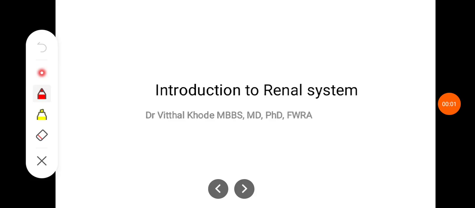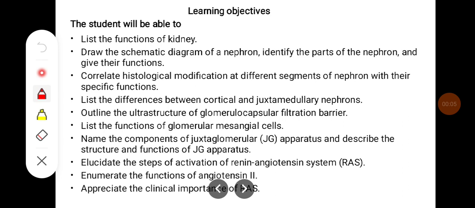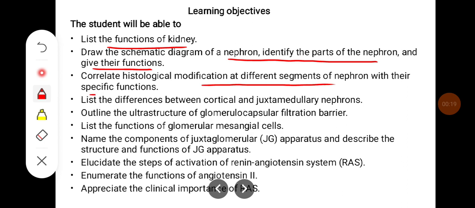Hello everyone. This class will be an introduction to the renal system. Objectives of this class would be to list the functions of kidney, draw a schematic diagram of nephron, identify parts of nephron and their function, correlate histological modification at different segments of nephron with their specific functions, list the differences between